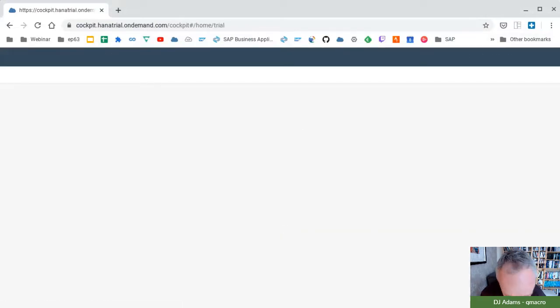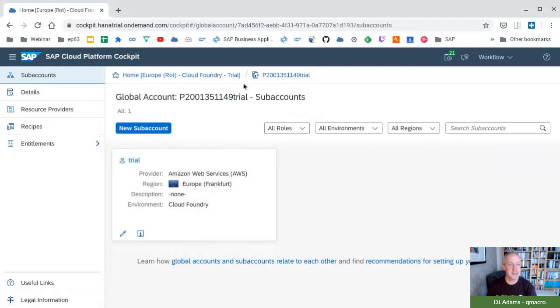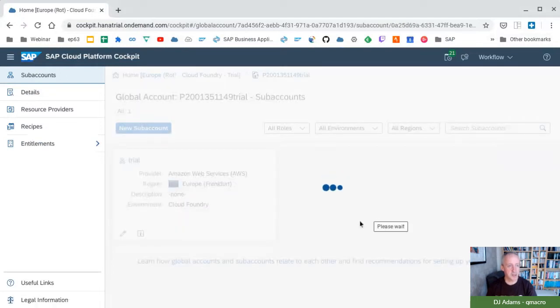test. So just to remind ourselves, we've got this destination test, which is like the simplest thing that could possibly work, accessing a fake on-premises OData service that's actually in the ES5 system that's really on the internet, but we're going through a cloud connector. I'm going to enter the trial account and just make sure the cloud connector is still connected. There it is. There's my trial sub account,